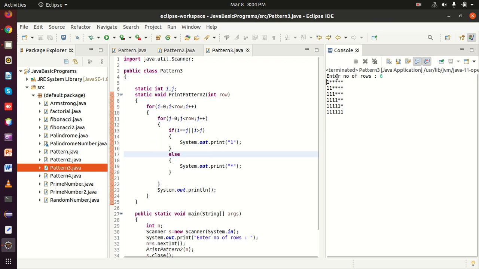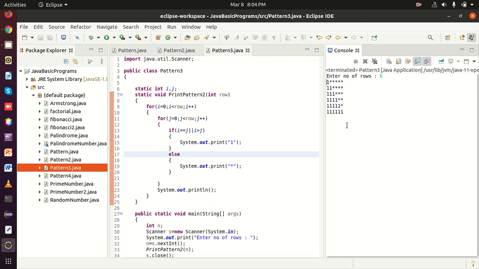I have taken i and j variables. i is taken for the row number, row 1, row 2, row 3, row 4, row 5, row 6, and since each row contains many columns, for printing the columns I have declared a for loop and initialized j. I have taken the variable j for printing the column value.